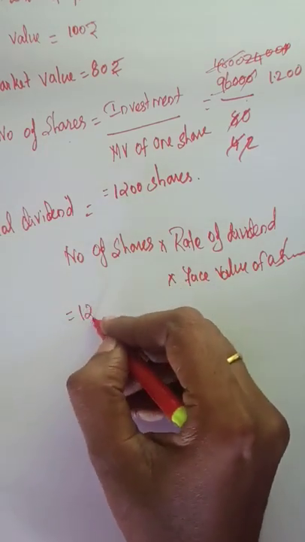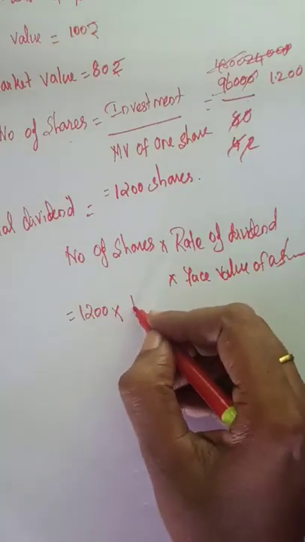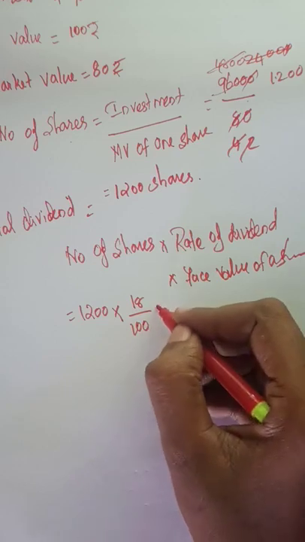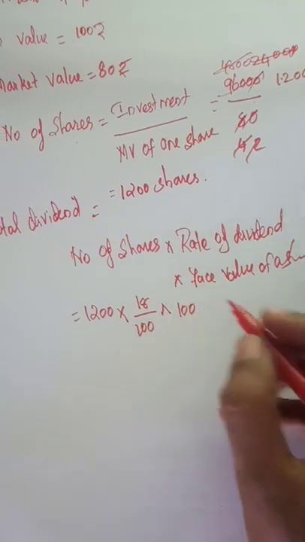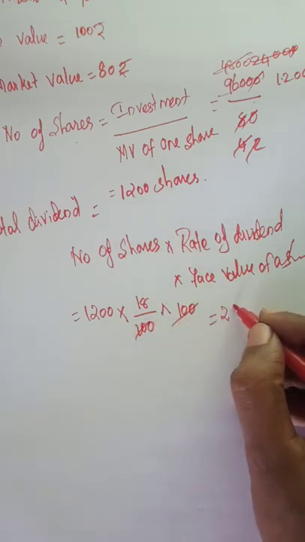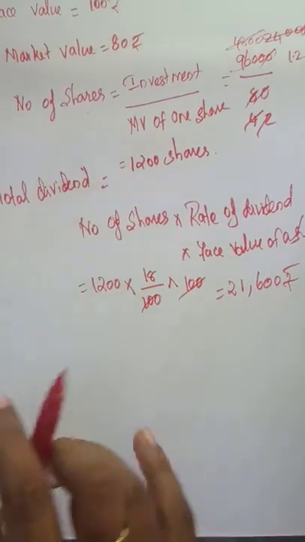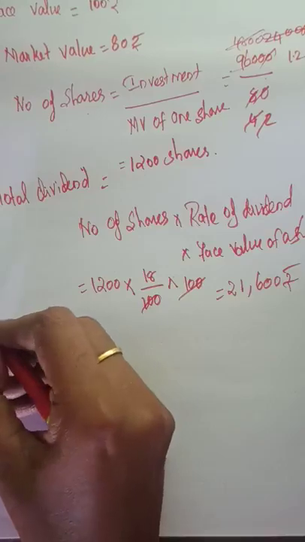Substitute here 1,200 number of shares, rate of dividend 18%. So 18% means 18 by 100, into face value of a share, which is 100. If you simplify this and multiply, you will get 21,600 rupees. Understand? This is the answer. That is, total dividend is the same as income. The last one,